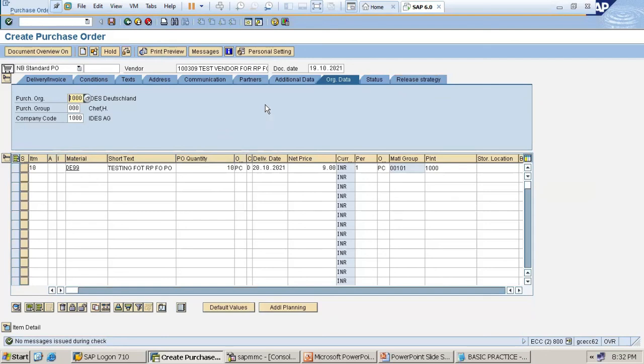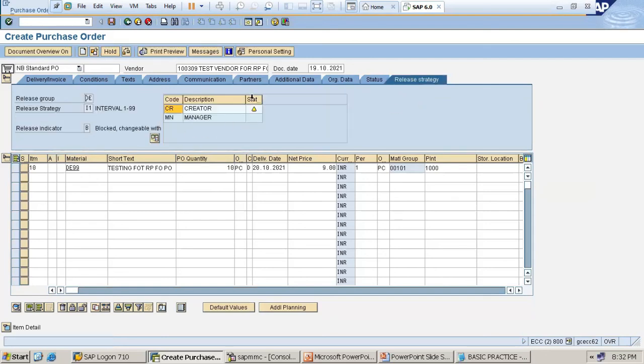Correct? 2 approvers. If the value, I can just take 20 for this, check 3 levels of approvers. Okay. Then check, save it.